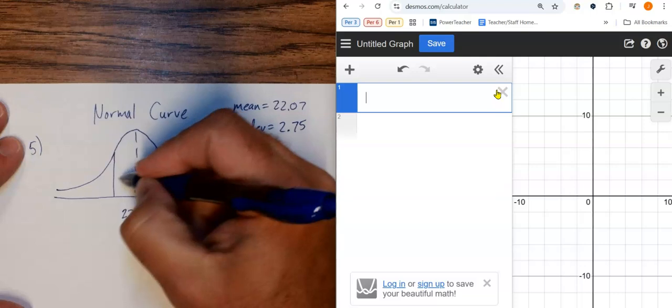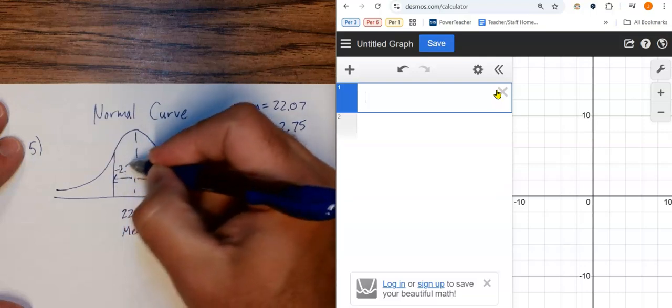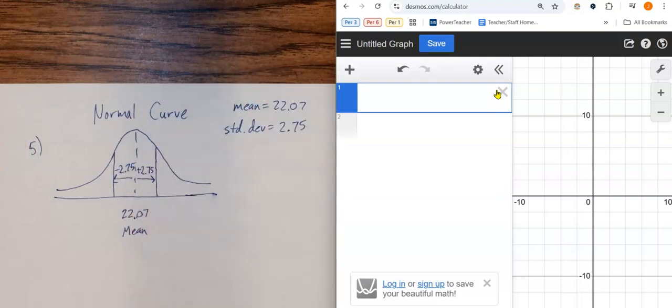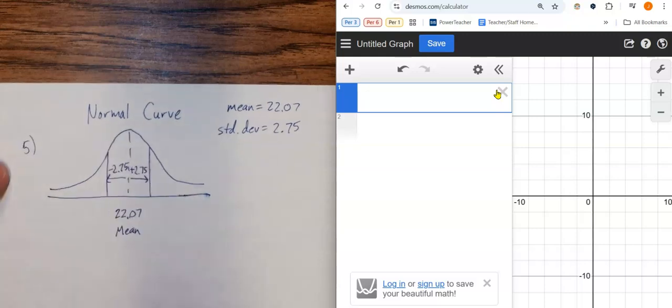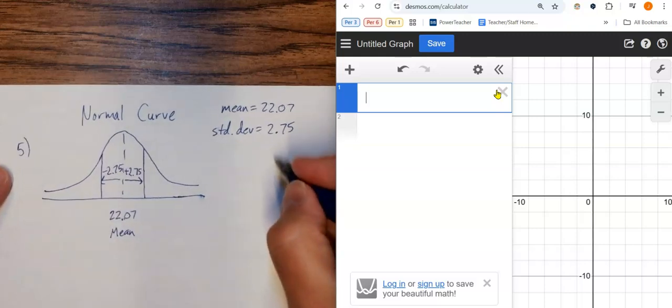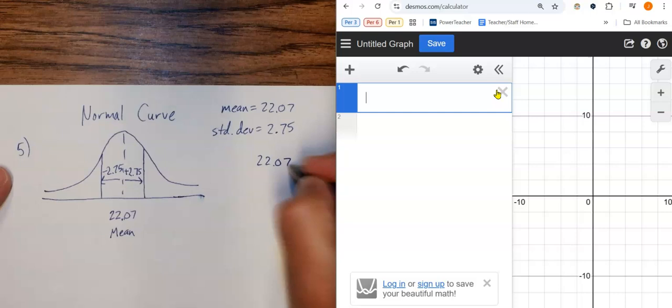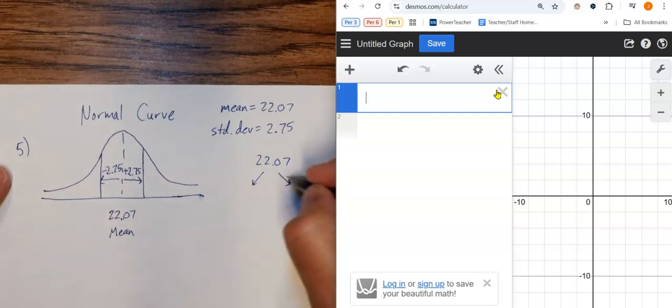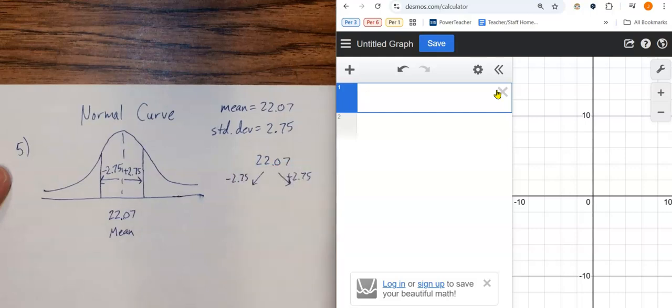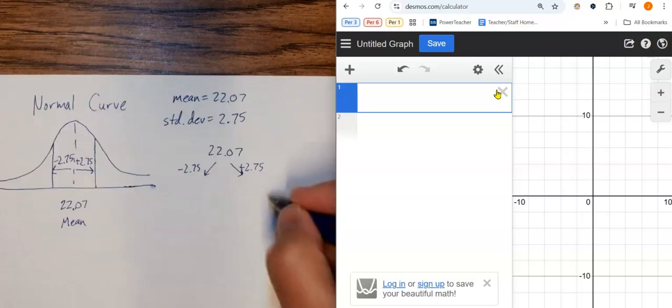And if I go down 1 standard deviation, that is subtraction of 2.75. So as we said, we were going to do this 1 standard deviation at a time. So we're going to start with 22.07, and we're going to go up and down from that spot. So on the high side, we're going to add, and on the low side, we're going to subtract. Okay? This will be